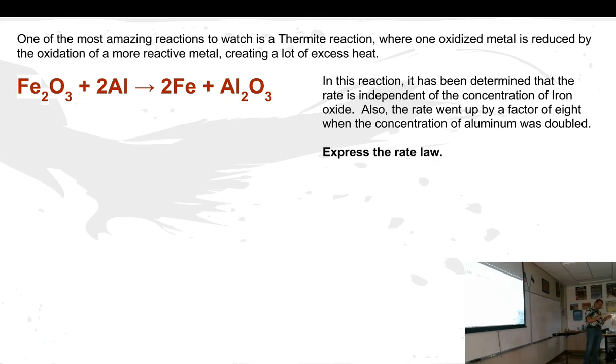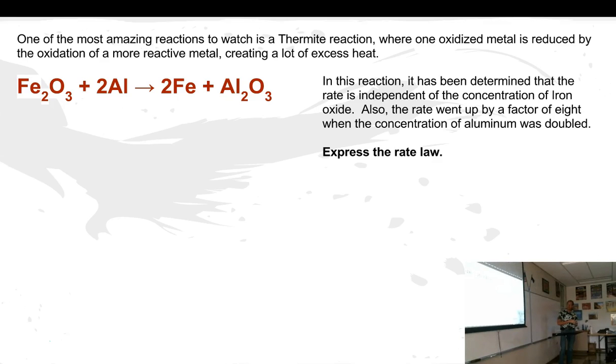But as far as how fast it happens, the iron oxide does not influence the rate. So that would be a zero order. If we were to write Fe2O3 in brackets, we have to put 0 next to it to say it doesn't matter. Okay. Also, the rate went up by a factor of 8 when the concentration of aluminum was